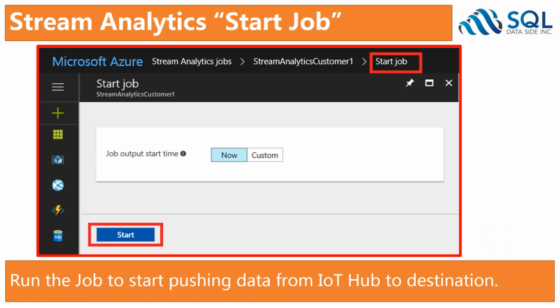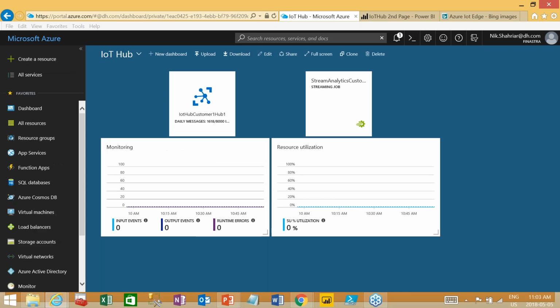So now I've got my Stream Analytics set up. So the question is, how do I turn it on? Stream Analytics has a job. You can click now and start a job. So just to show you visually, if I click here,